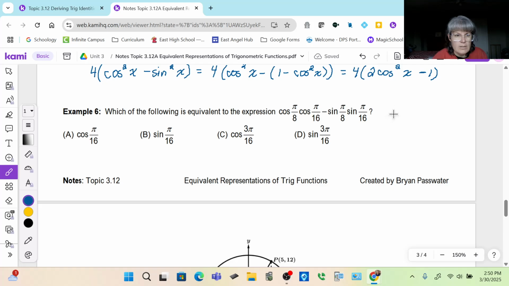I'm looking at the double angle for cosine. So in that case, my theta is going to be pi over 8. So we're going to have cosine of 2 times pi over 8